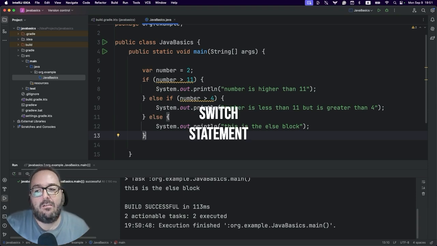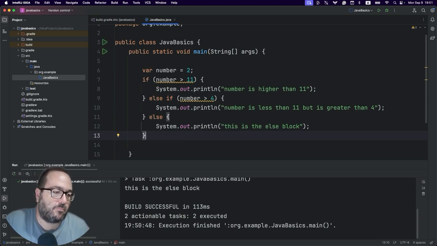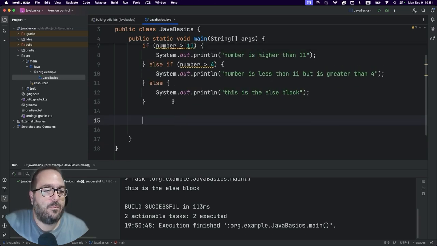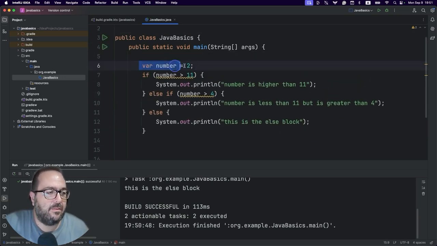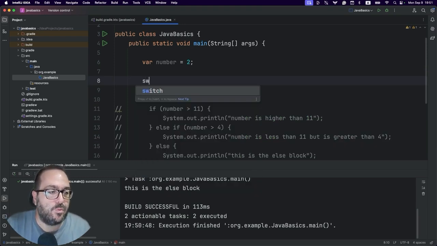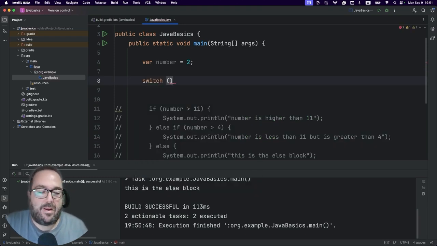Now, for cases where we have multiple options, there is something we call the switch statement. Let's see that. I'm going to follow again the number example. The switch statement starts with the word switch. In the parentheses, we're going to set what we are going to validate.